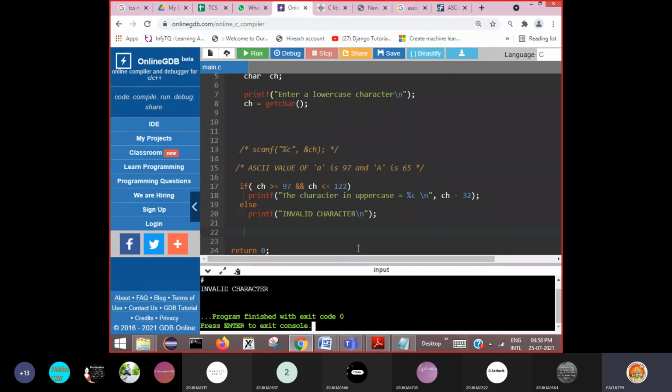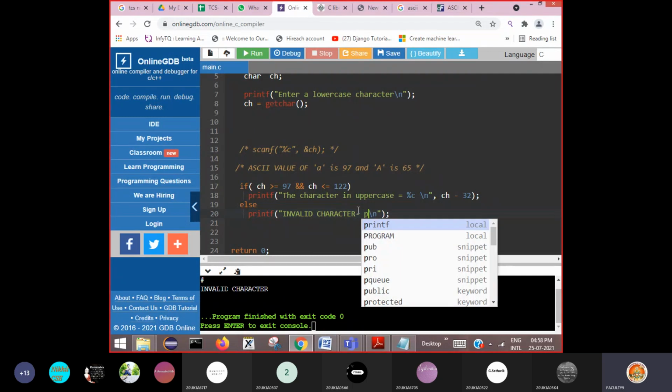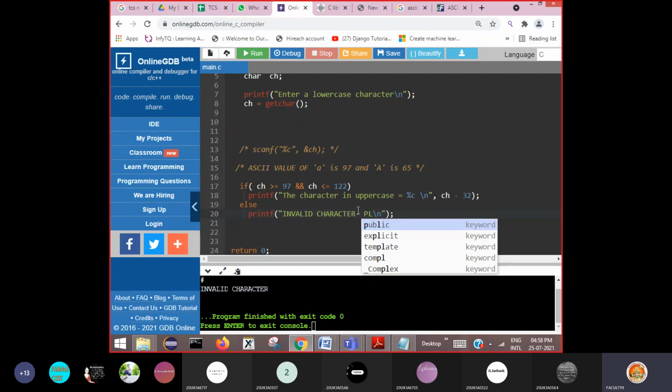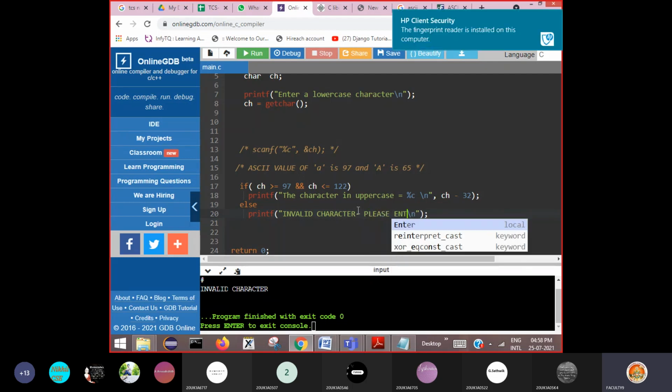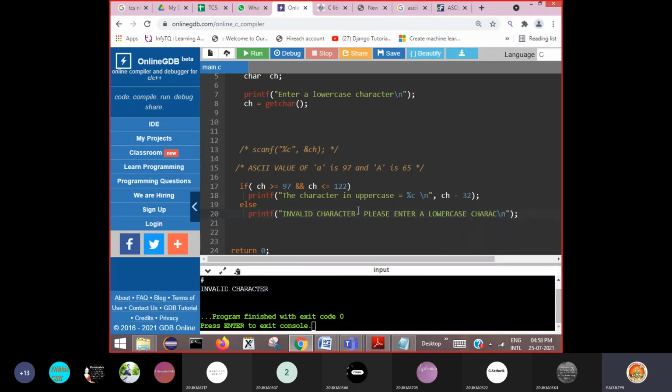You can even give a polite message to the user, invalid character. Then you can ask the user, please enter a lowercase character. Such a polite message you can display to the user.